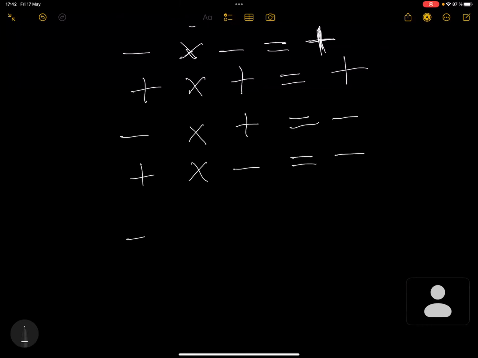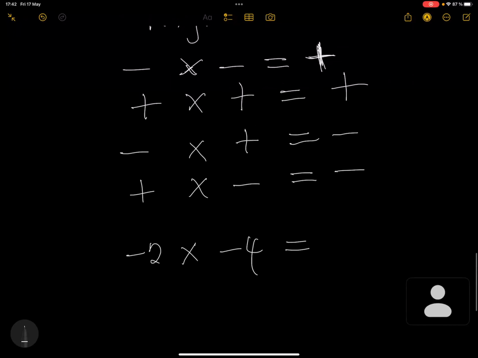Like for instance, you can have minus 2 multiplied by minus 4. What is the answer here? Minus 2 multiplied by minus 4. You need to ask yourself, minus times minus, look at it here, is what? Is plus. Then 2 times 4 is what? Is 8. So your answer is plus 8, or you simply write 8. If you write plus 8 or you write 8, it is still the same. Okay, so we can deal with the rest on our own, and then we move to the last segment of